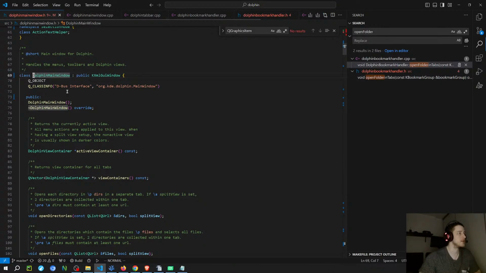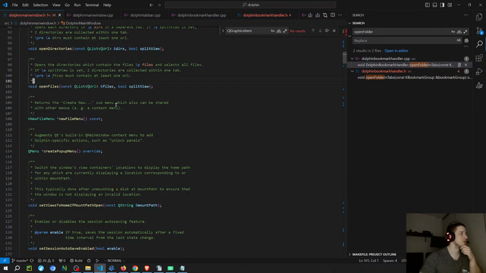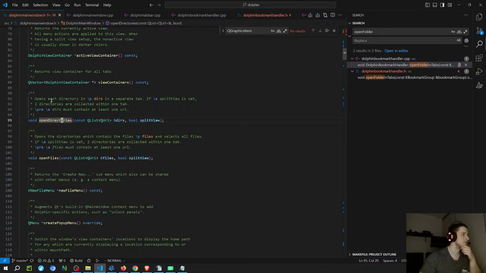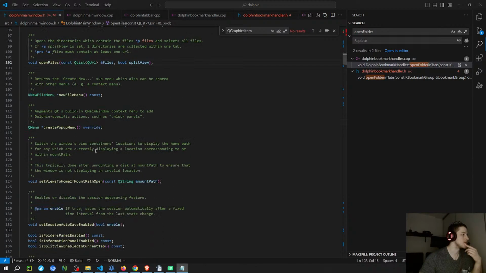Yeah, it is the code there. So open files, open directories. These are probably kind of open directories. And maybe it doesn't matter that much. So